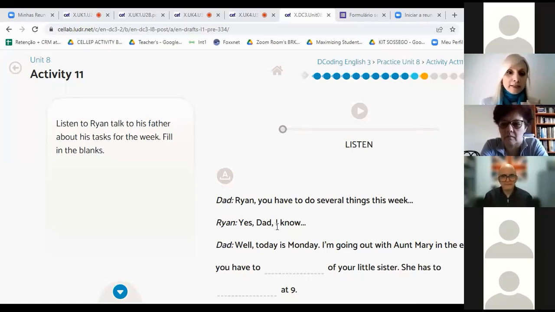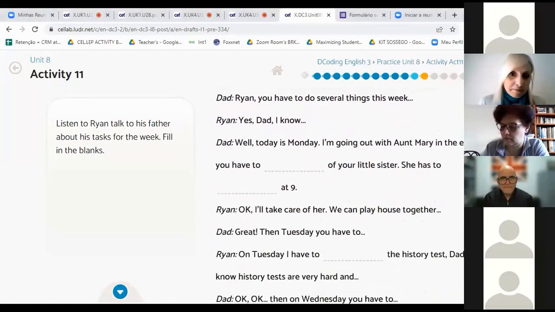So you're going to listen to Ryan, and as you listen, I want you to write down at least 3 things he has to do this week. They listen, they write it down. I'm going to play it again. So if you have 3, try to have 4 things now. So they add something, they can compare their ideas, so on and so forth. And then either you can show this activity here, and they can complete. Okay, for example,